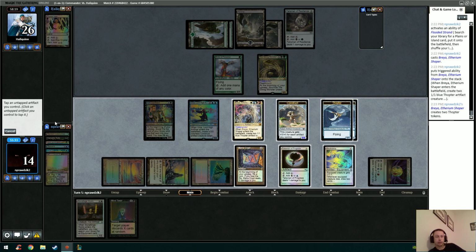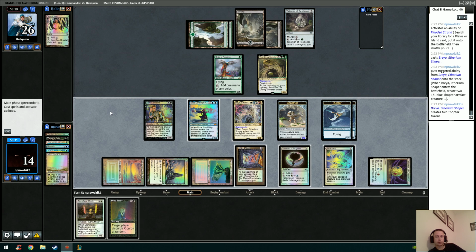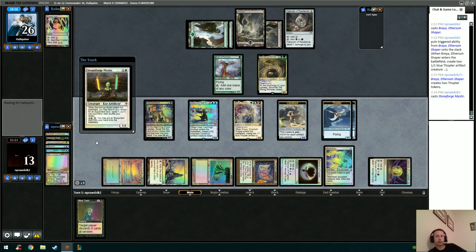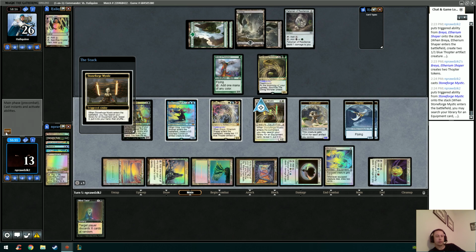So here's the thing. I can play Stoneforge with one floating, 2, 3, play the sword, equip the sword, smash in, untap my lands. I think I'm okay if I do that. It's a little risky, but I kind of like it. I know what one of my opponent's cards is, so I have no idea what the other one is, but